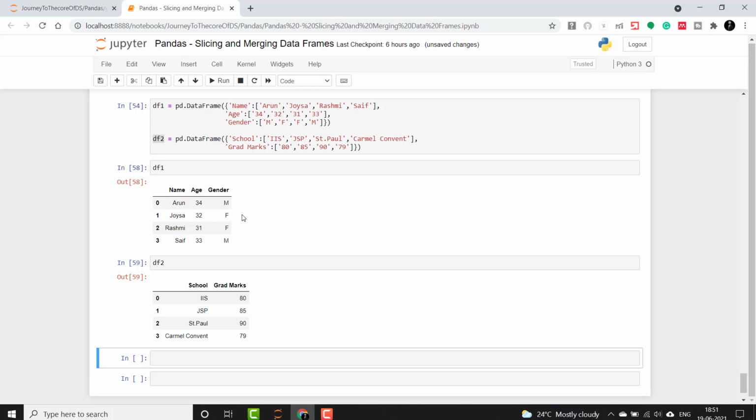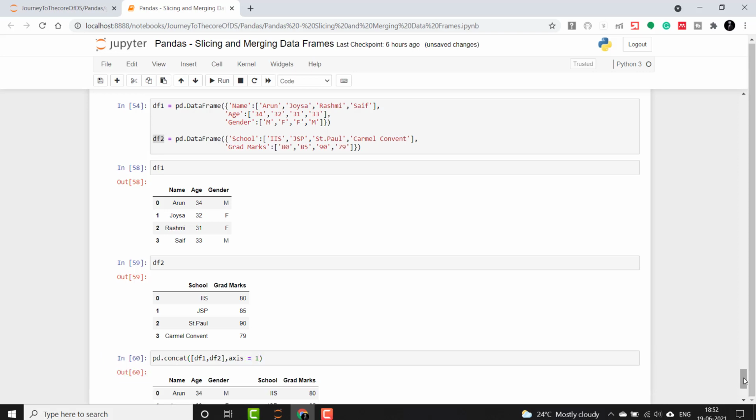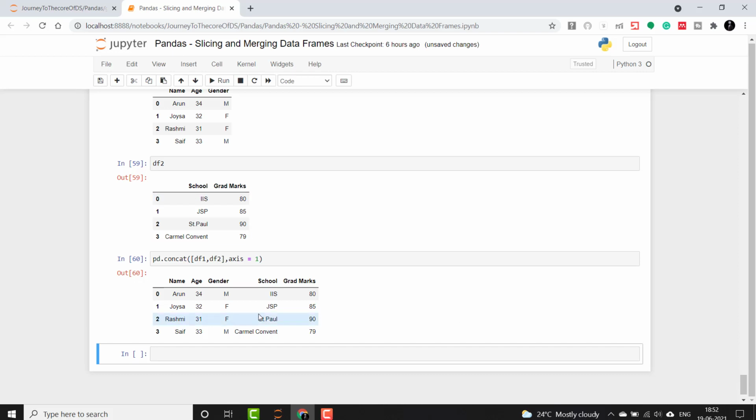So again we have to do it in a similar way. So we'll use pd.concat method and we will give data frame 1 and data frame 2 here with axis. This time it will be 1, okay. So you will see here that these two columns are appended side by side here, okay.